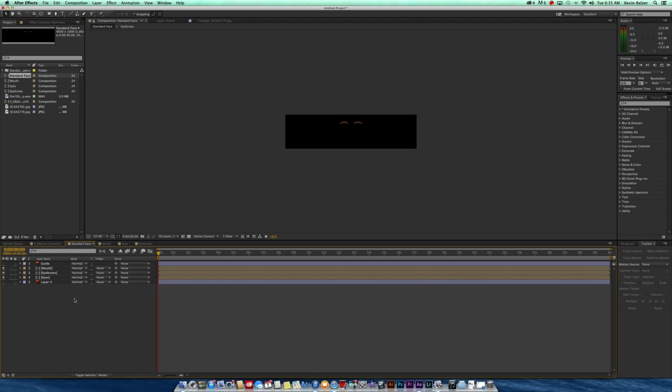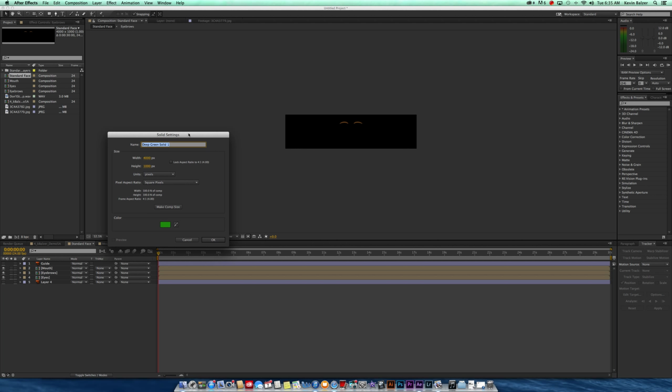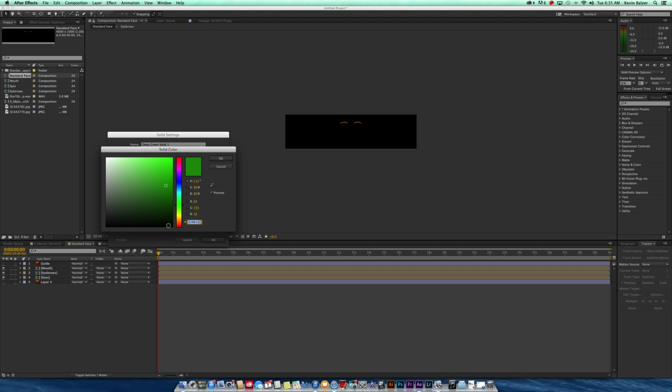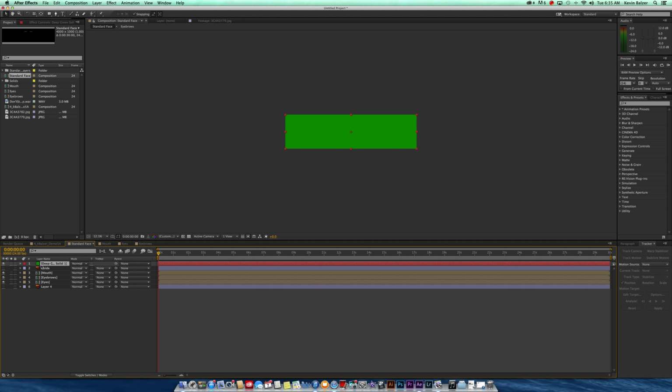Next up, I'm going to come down here, still inside of that standard face composition. I'm going to right click, hit new, solid. Now I can't see what's behind, or I can't see the face, so I'm going to create a solid color behind the face, which is why I right click down there. And we can just name it deep green solid. That totally works. And I want you guys to pick this color down here, navigate to a good green, then click OK, and click OK. And now it's popping up here. We're going to drag it down to the bottom. Now you can see there's my face,